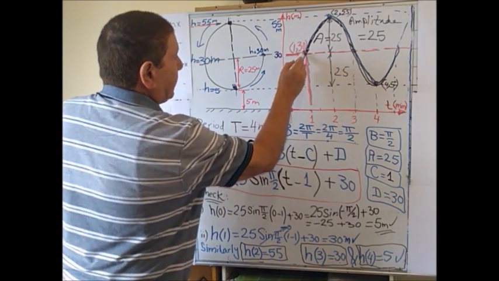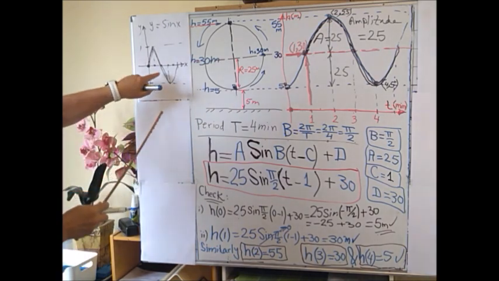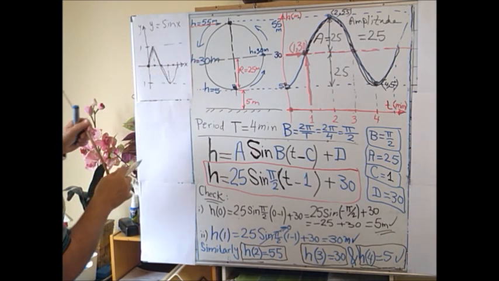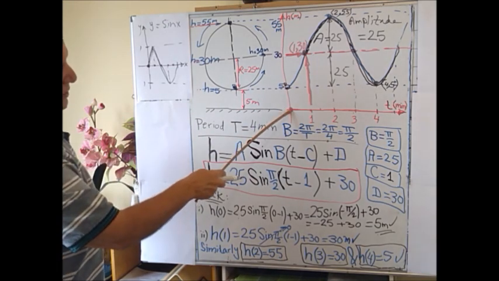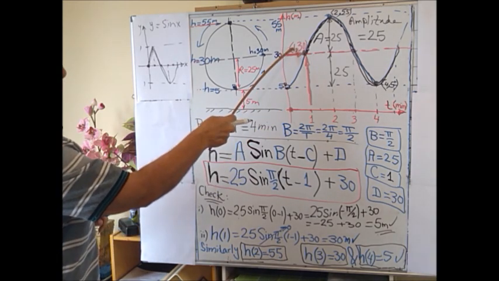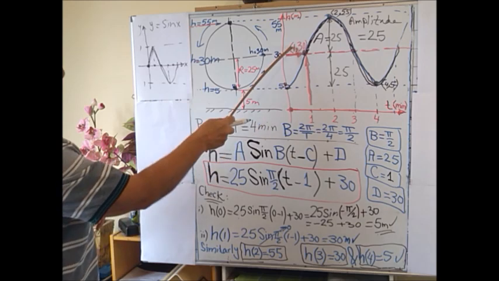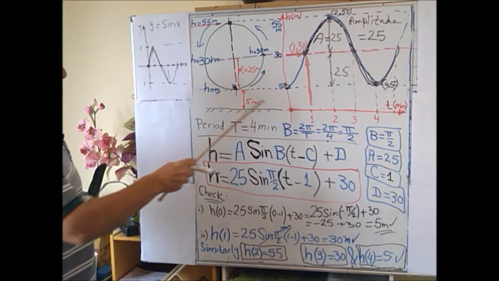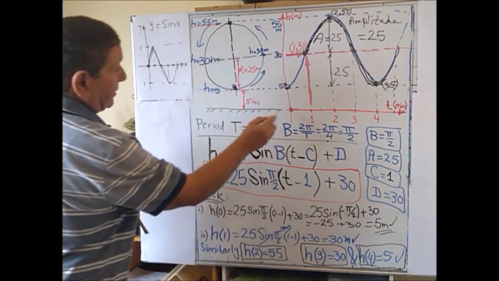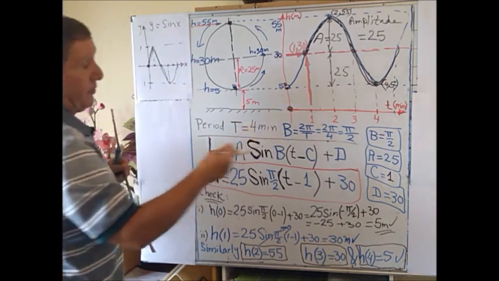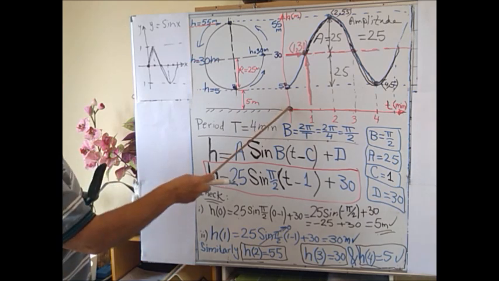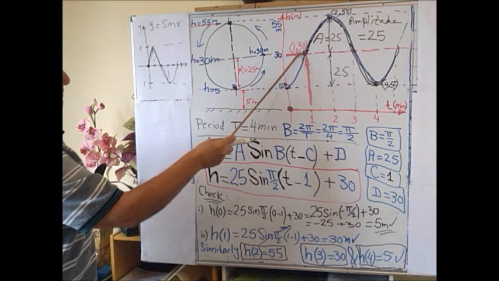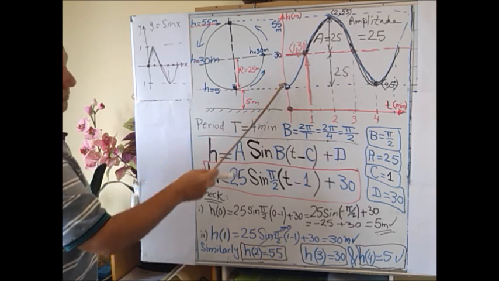This is comparable with the basic function. So this means as if this point has moved from the origin (0, 0) to that point. It has moved to the right by 1 unit. This is the horizontal shift. This point is the original for the basic function. So it has moved to the right by 1 unit. I draw the arrow here to show you how it moved 1 unit,